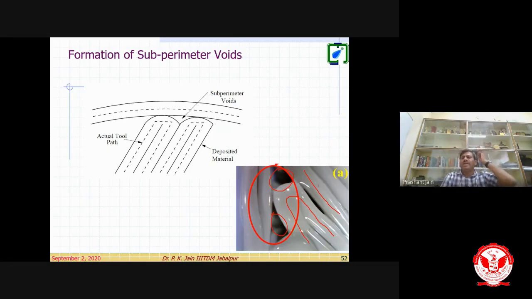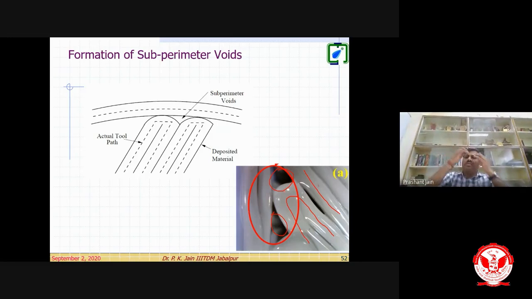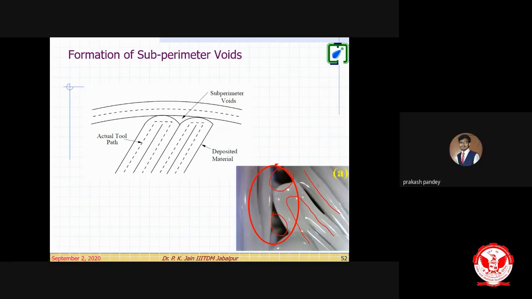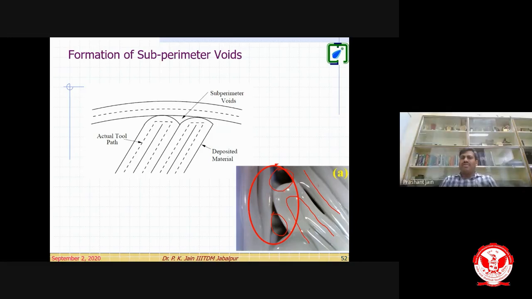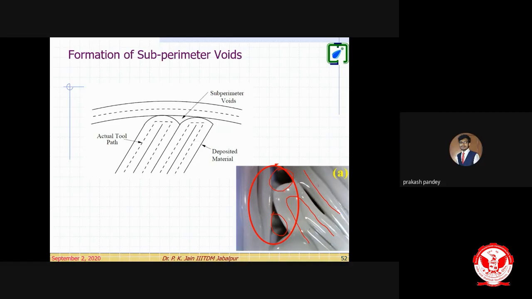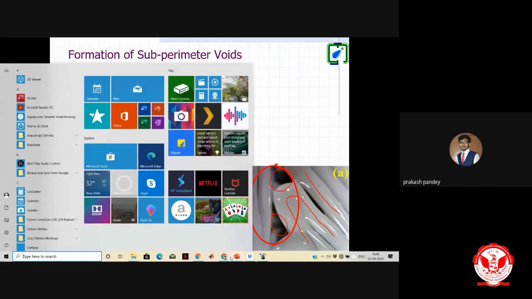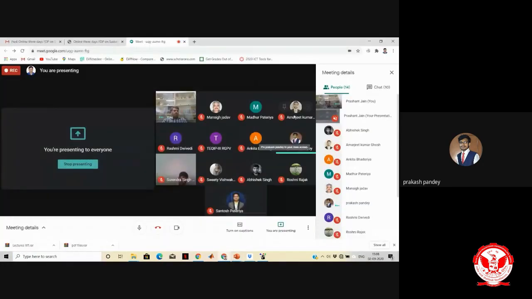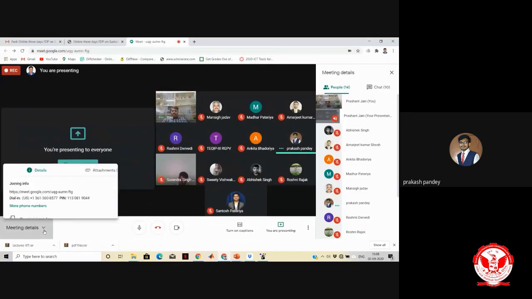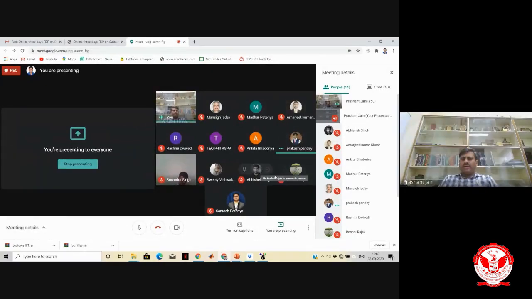You have a hole here, or you have porosity in that. And the moment you have porosity, your part density will decrease. Got it?